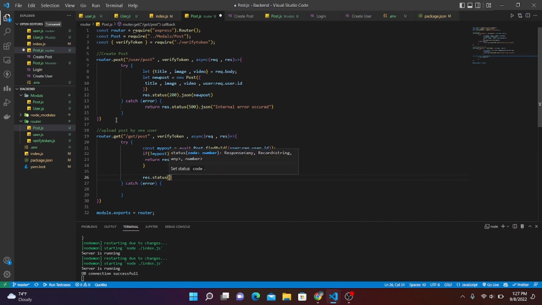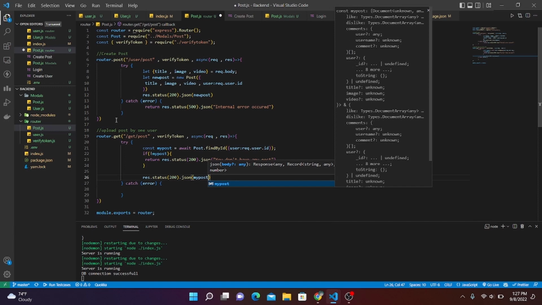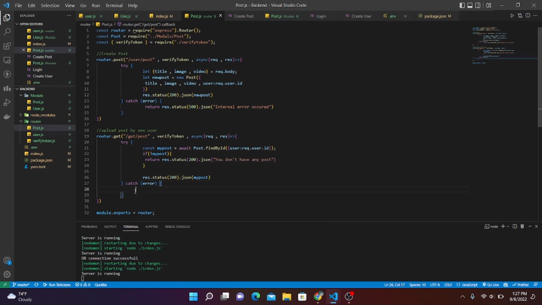So let's write res.status(200), and then let's write json and myPost. In our error let's write res.status(500), internal server error. Okay, so let's save this,